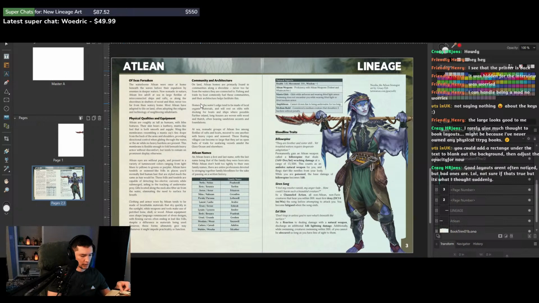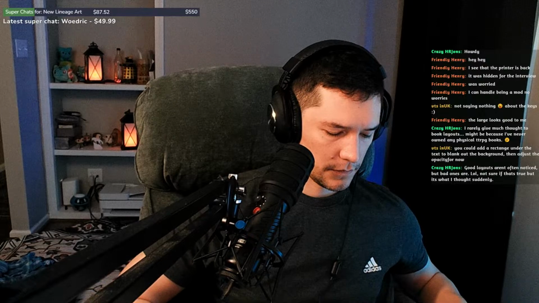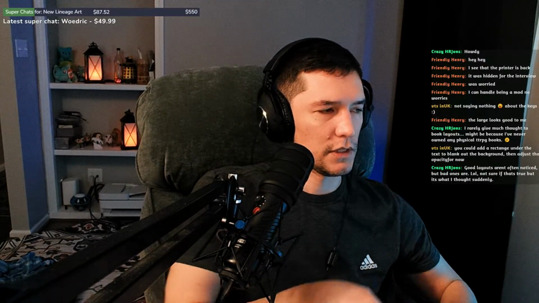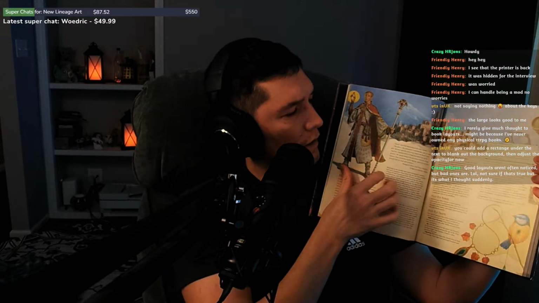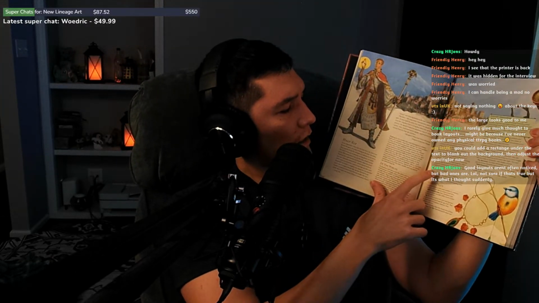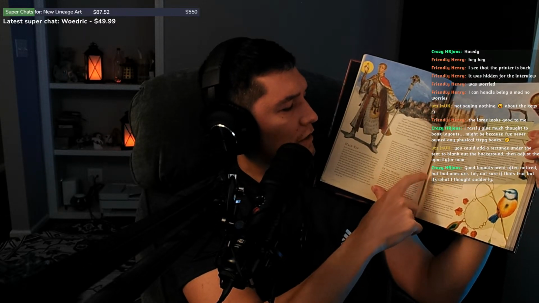So I think that Dungeons and Dragons 5e does a good job of their layout. I shouldn't say actually, I'm surprised they've been doing this for forever. But you can see just the way that they separate things, the distance between